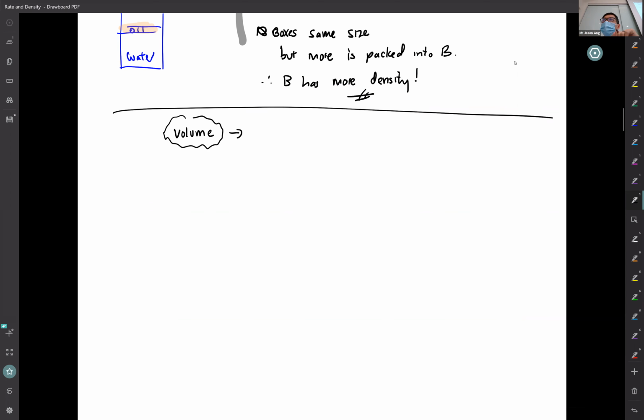Mass. Volume is amount. Sorry? Space is a good word. The volume is the amount of space something occupies. When I say something has big volume, it means it occupies a lot of space. There's another word as well that can give you an idea of what volume means. Space is correct. That's one of the words I'm looking for.